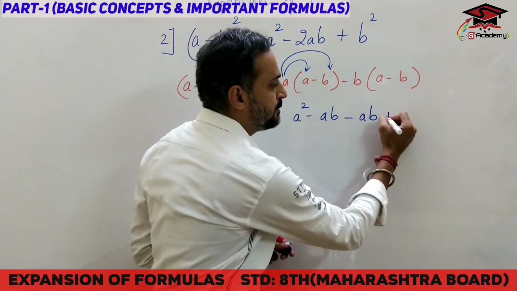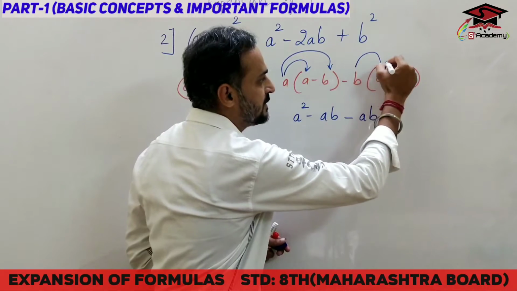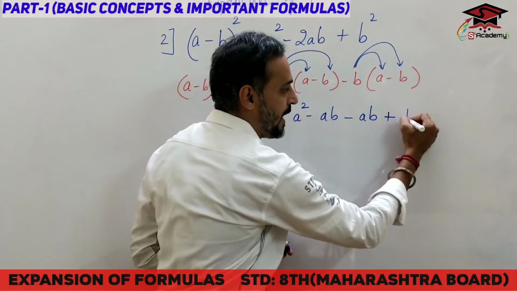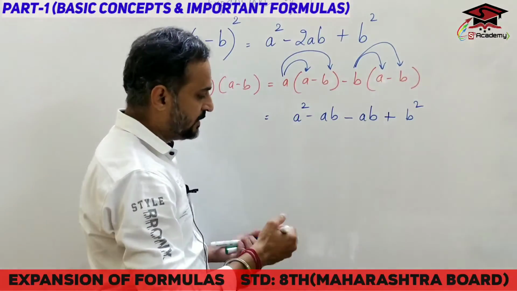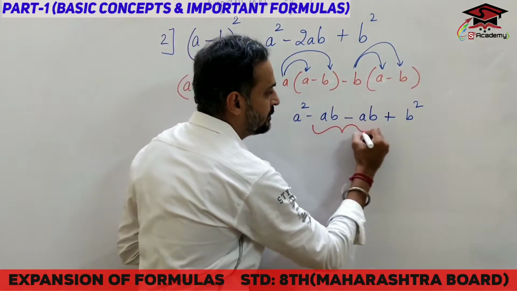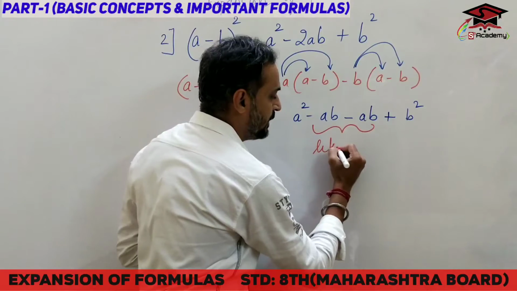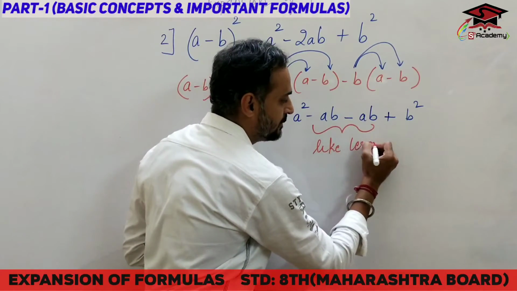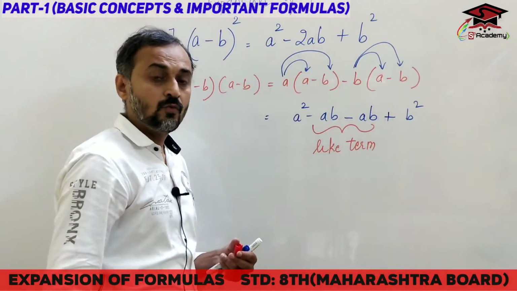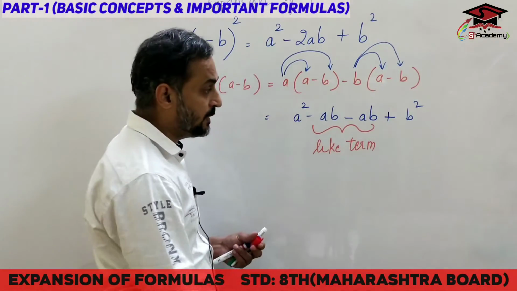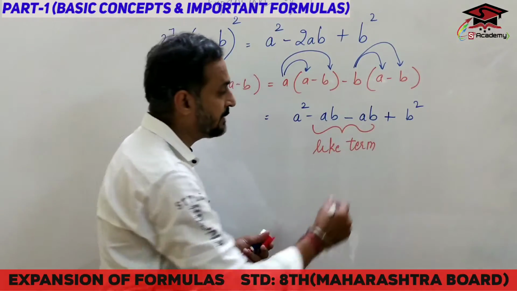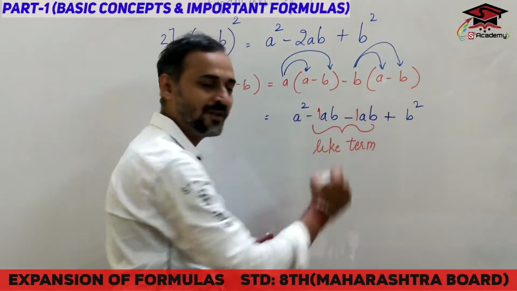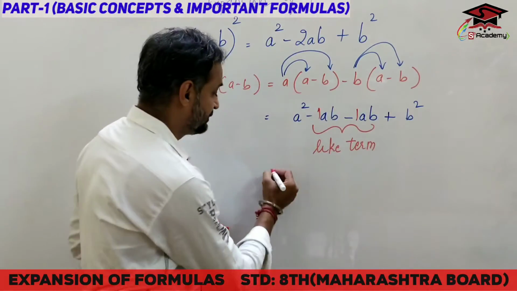Minus minus is plus and b into b is considered to be b square. Again, what I have told you, you have the like term over here. This is considered to be a like term. What was done in the first part of the formula? Like term: we have understood the variables of both the sides are similar. Let me consider this is the 1 and 1. Of course, he has to understand it.